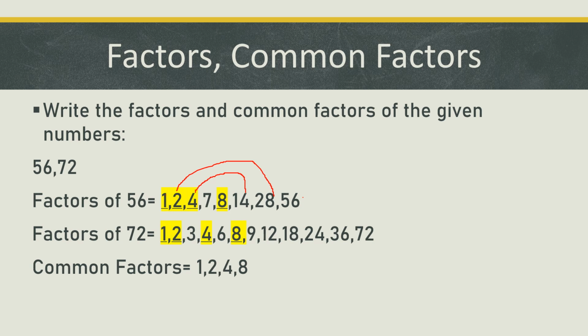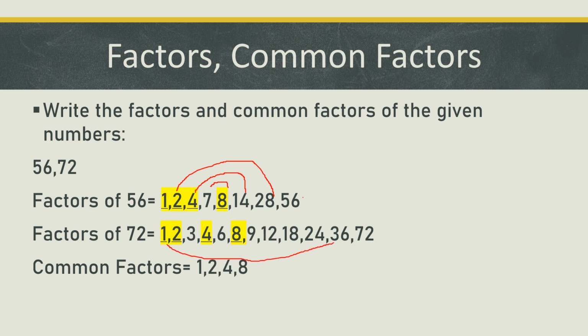So it's an easy method. 4 into 14 is 56. Suppose you divide 56 by 4. You get 4 as divisor and 14 as quotient. So both the numbers you can write. Then 7 8s are 56. When 56 is divided by 7, the quotient comes as 8. So you can write divisor as well as quotient, which is the factor of 56.